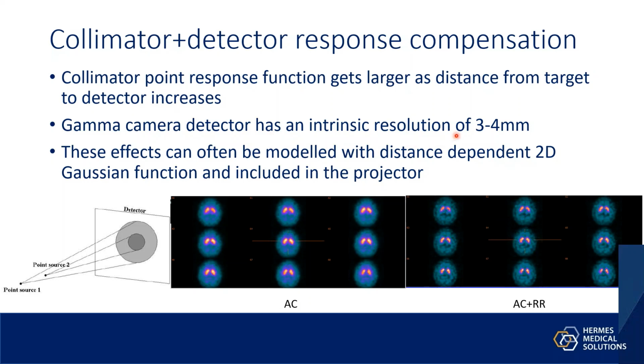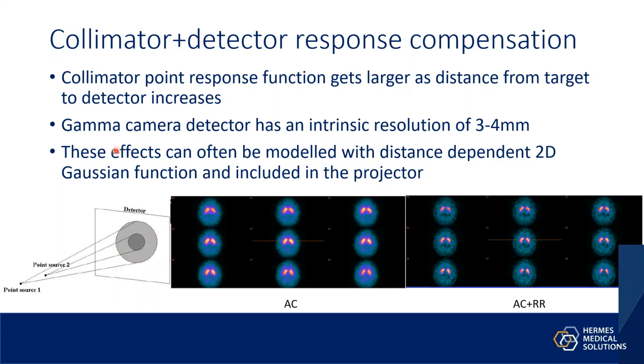The gamma camera also has an intrinsic resolution of a couple of millimeters, but because the collimator resolution is measured in centimeters, this intrinsic resolution has relatively small impact on the size and shape of the eventual